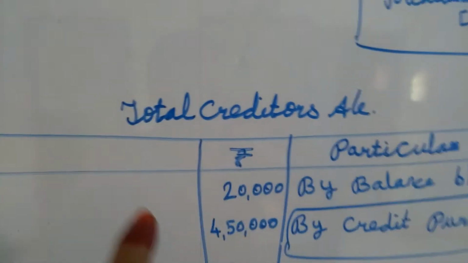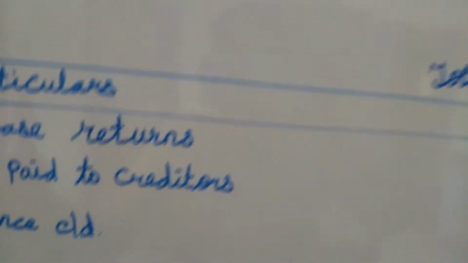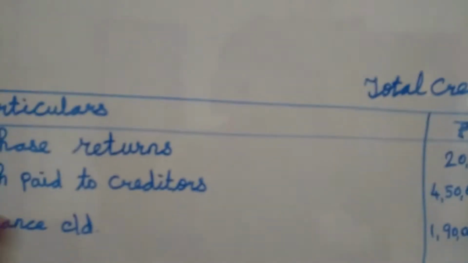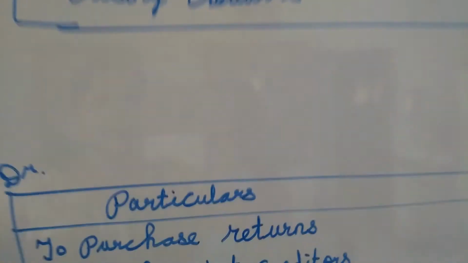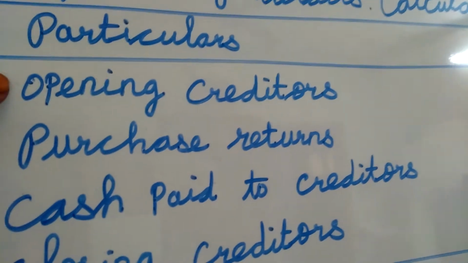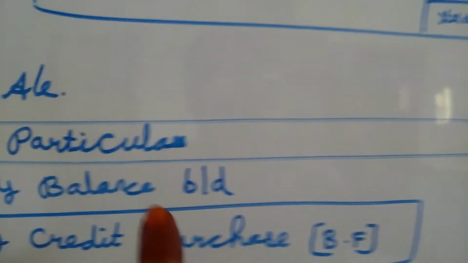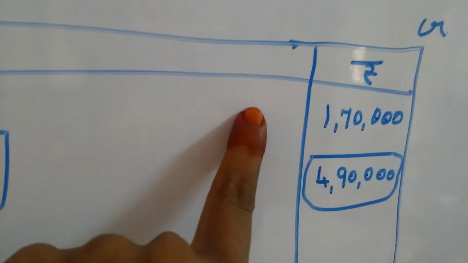See, now first we write total creditors account. As usual in our accountancy note, the debit side, that is the left side, you write the debit column, and the credit side, the right side, you write the credit column. Here you separate particulars and rupee column, and on the right side also particulars and rupee column. First, the debit side; you see the sum and take and write. Opening creditors, which side will it go? Credit side. By balance brought down, like that we write: 1,70,000, that we carry here.